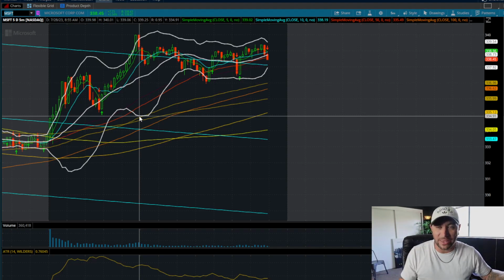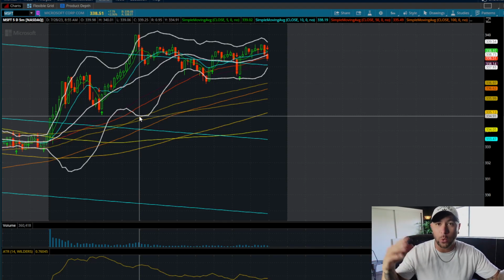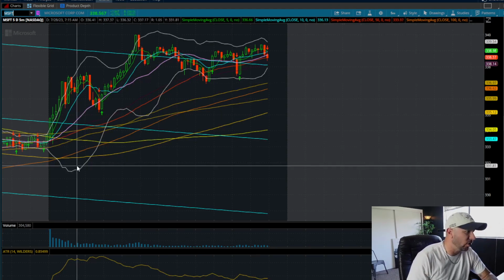What do I mean by that? It means that in order for me to lose, my 1-bar stop, I need the next candle to close below. So I have 5 minutes. This stock can do whatever it wants to do for 5 minutes, whether I'm negative or positive in a position. So now I come over to Microsoft, and I start looking at the same thing.